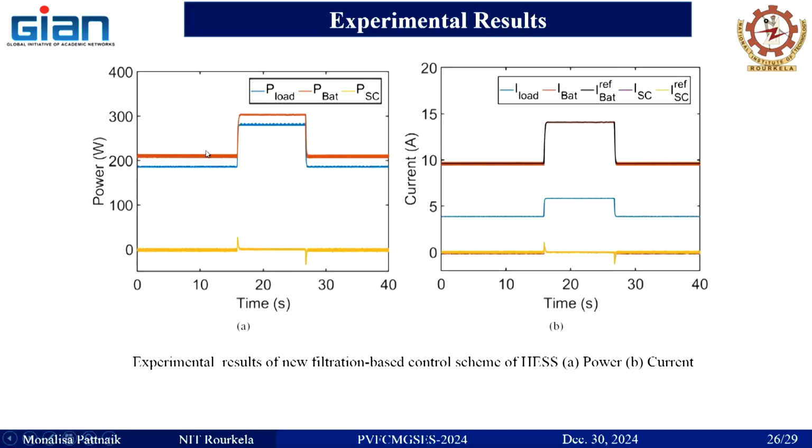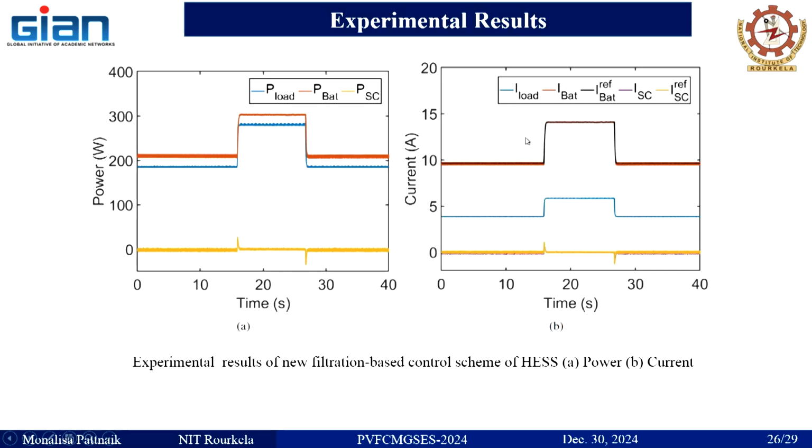Initially the load was around 200 watt, and the battery is able to provide it completely, and at 15 seconds the load is increased to 300 watt. Now you can see the battery is providing the steady state component, and the supercapacitor is getting a spike at 15 seconds. So this represents the transient, and it is handled by the